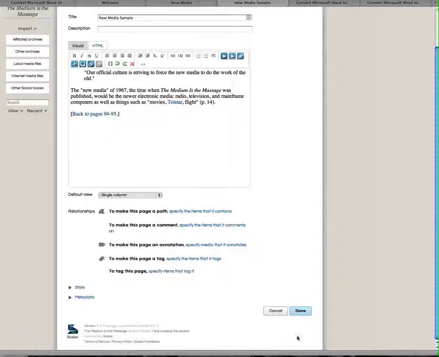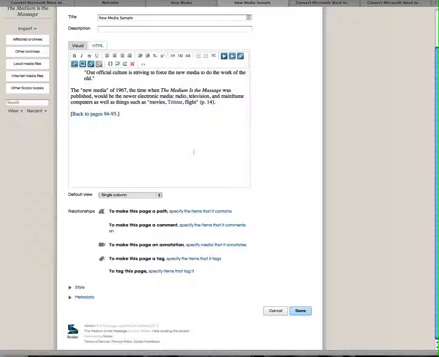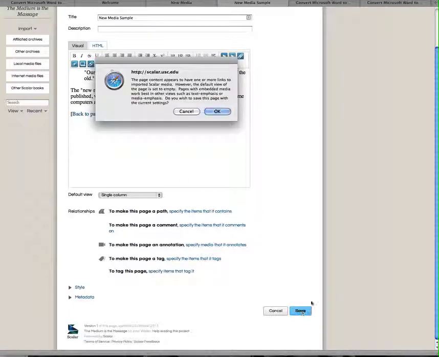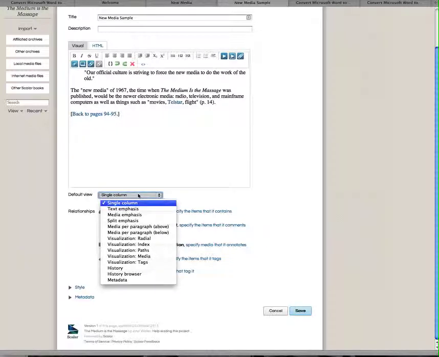And so now I can hit save. Oh yes, this is reminding me again. If you go to save something and there seems to be something wrong, it might remind you. What this is telling me is that I have some media involved, and the default view for that right now, the single column, does not really display well. The media won't display. I could save it the way it is, but it's better to